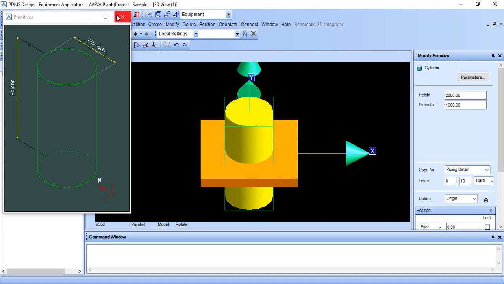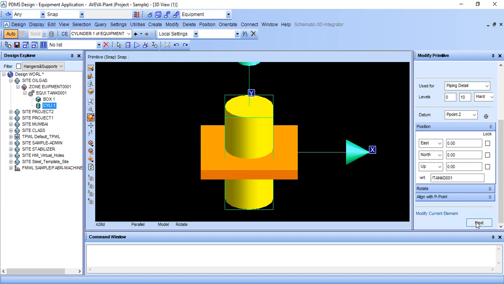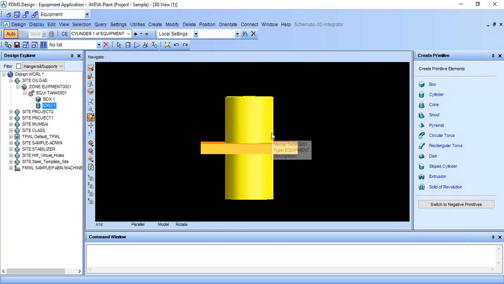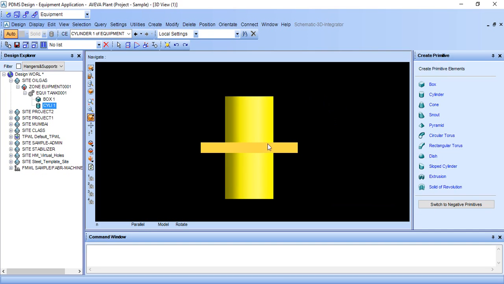So it is created. To exit the command, click on next. It has come exactly at the center of this.